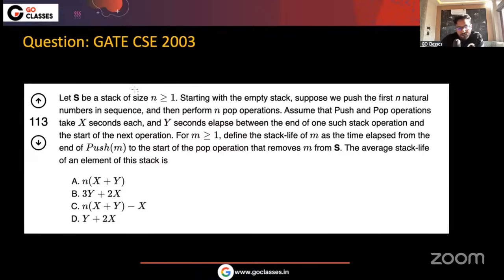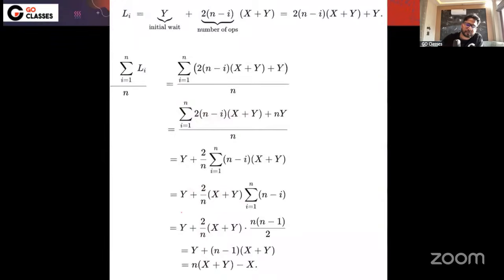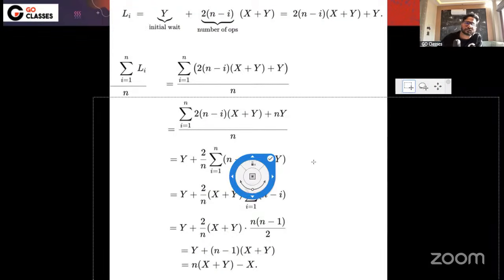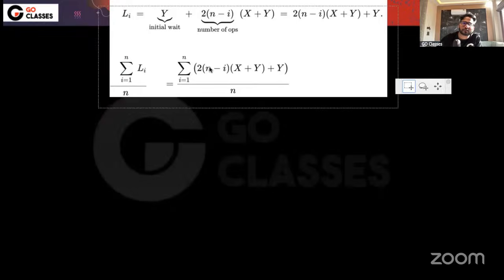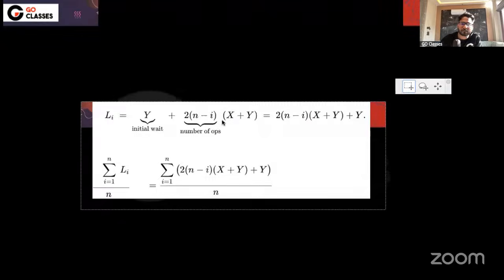Okay. Now let's solve this question which has been asked in GATE. This question is almost the same, but instead of the ith element, they are saying tell me the average stack life, which means for the ith element, we have just seen that our answer is something like this.